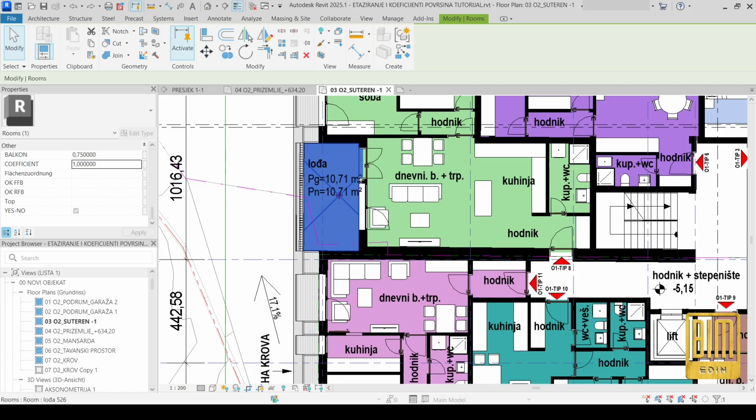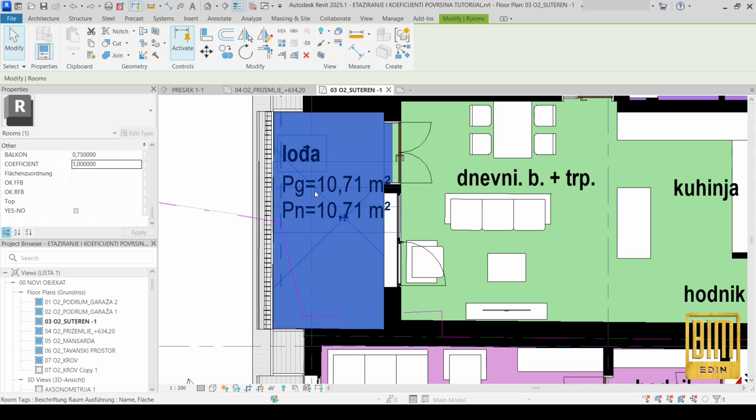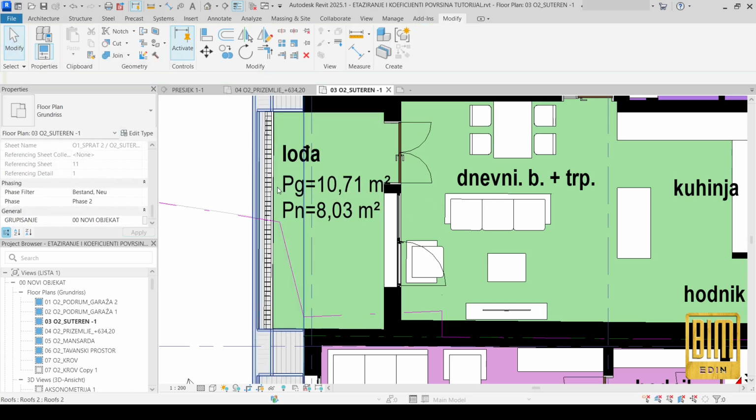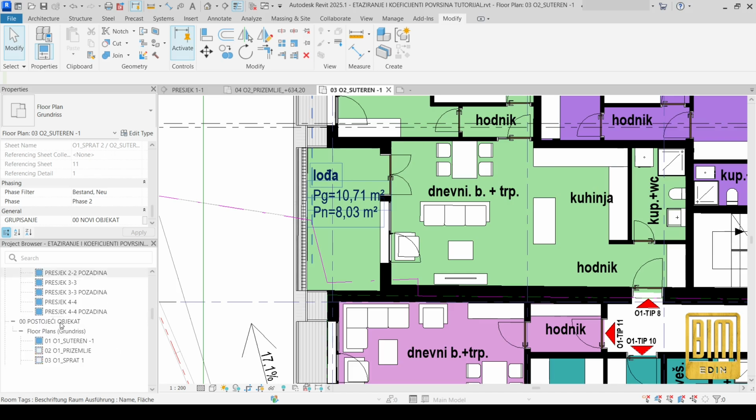Okay, for example, for this balcony, we will add, you see here, we created a room tag that shows gross and useful area, and here we have number 1. So when we change that coefficient, all right, and when you go to schedule,